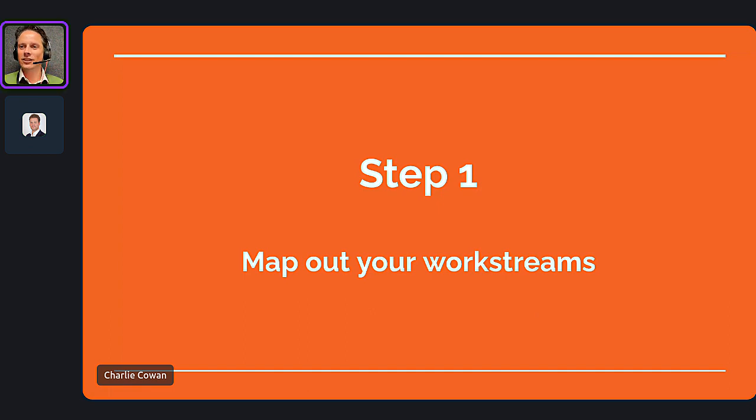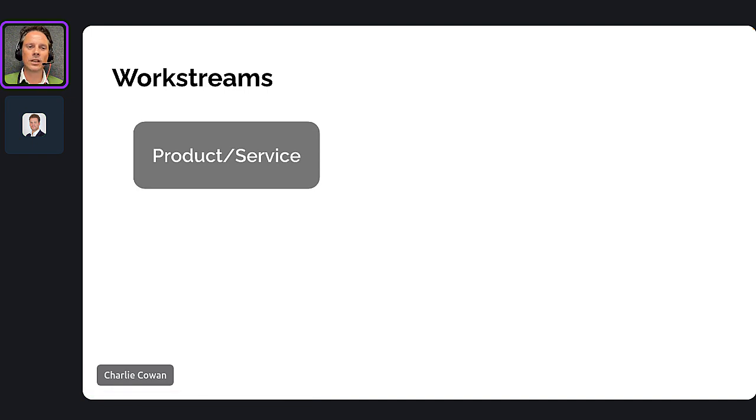But before we get to the fun of the tools, we need to do an important step. And this step can be carried out well before you get anywhere near a deal that is coming towards negotiation and closing, and you're actually having to build a close plan. This is something that you can do in advance and have prepped ready for your deals as they come along. And that is to map out all of your different work streams. So what do I mean by that?